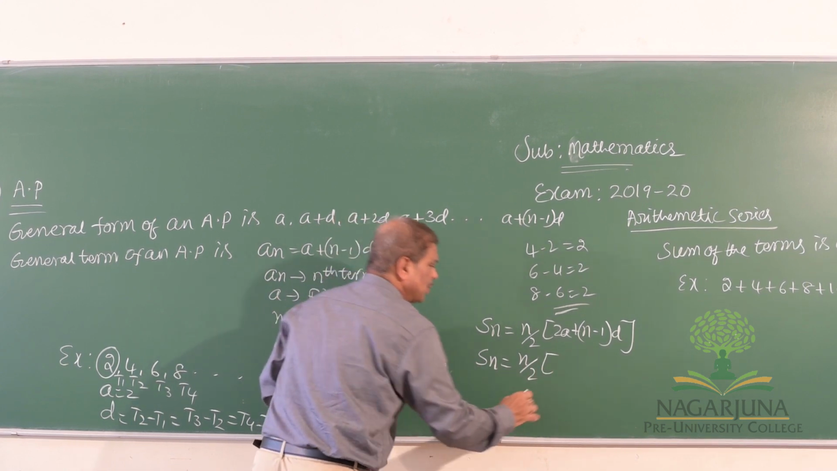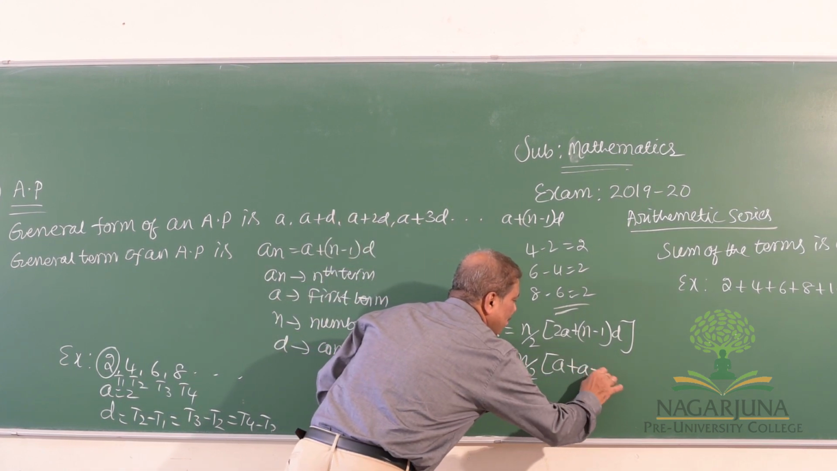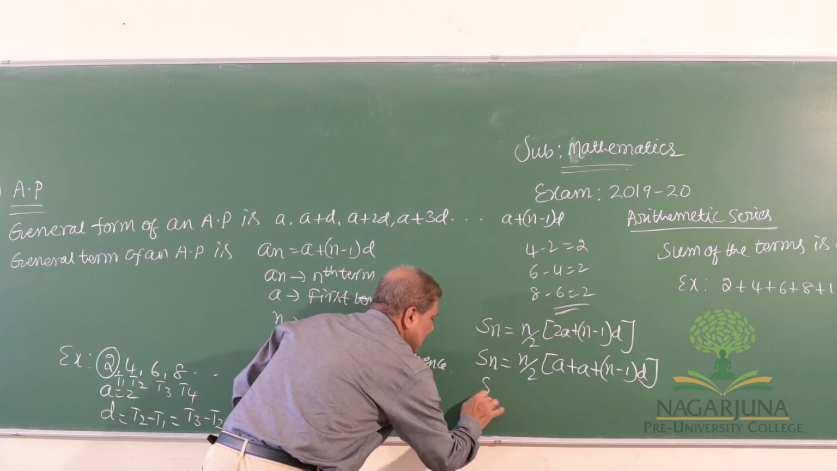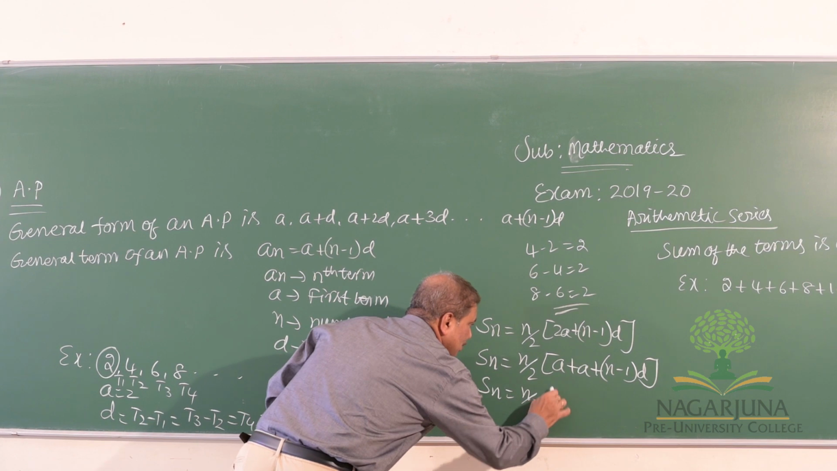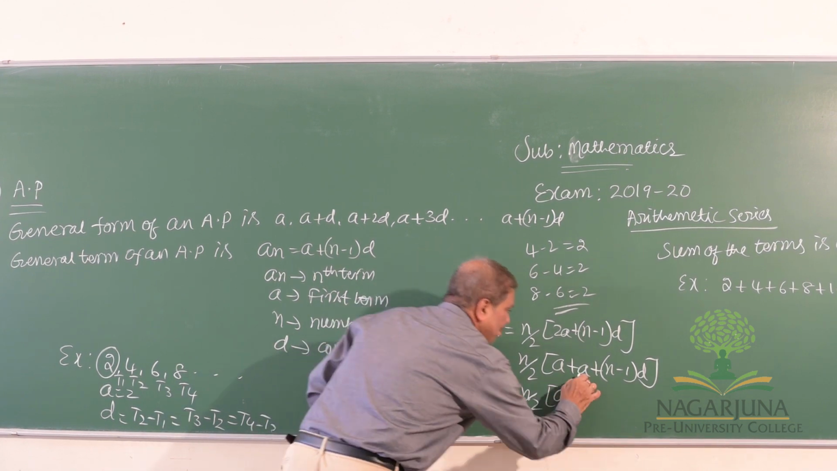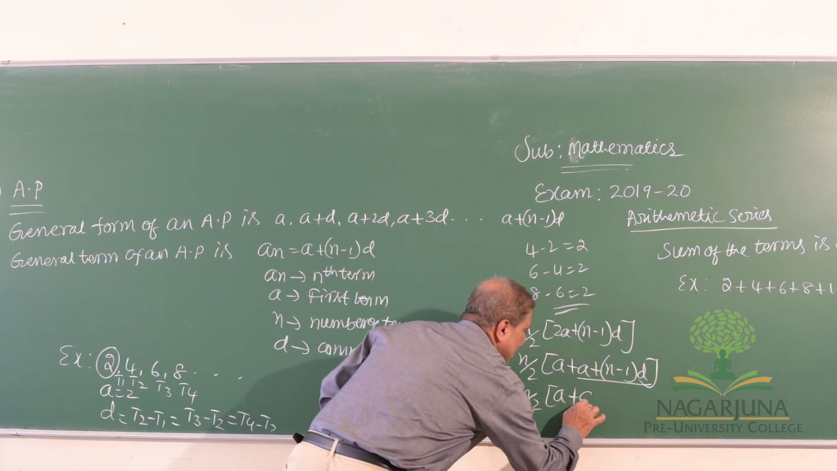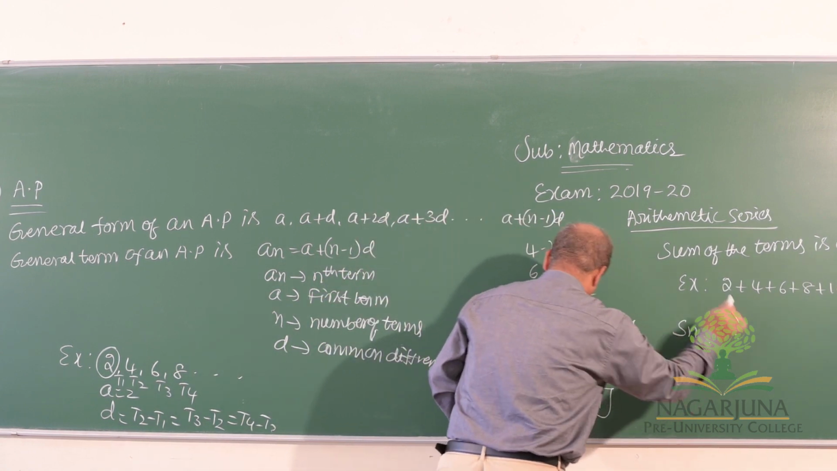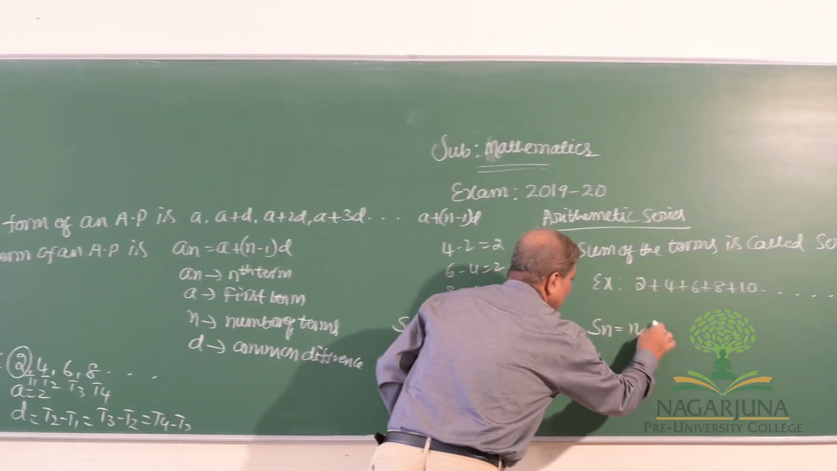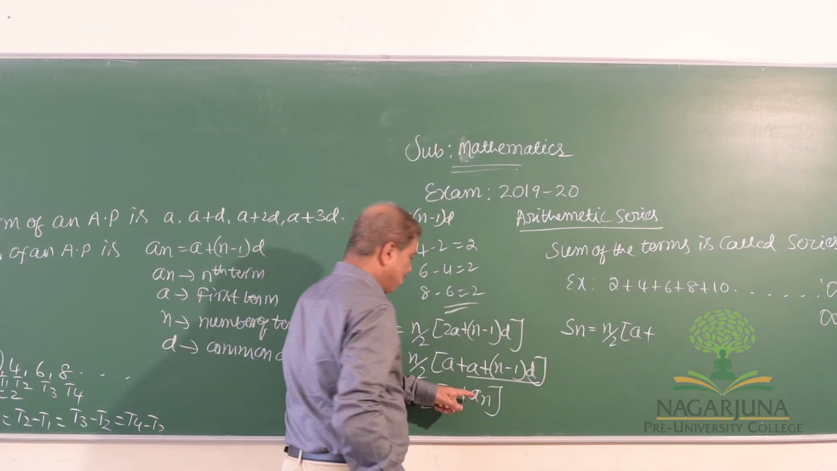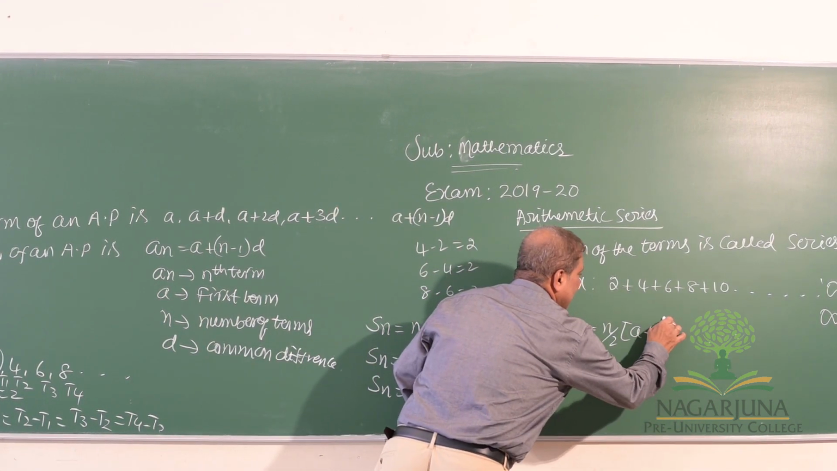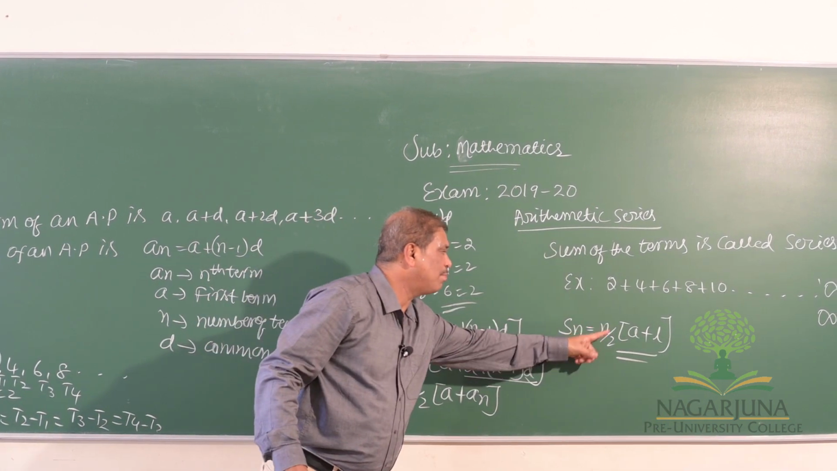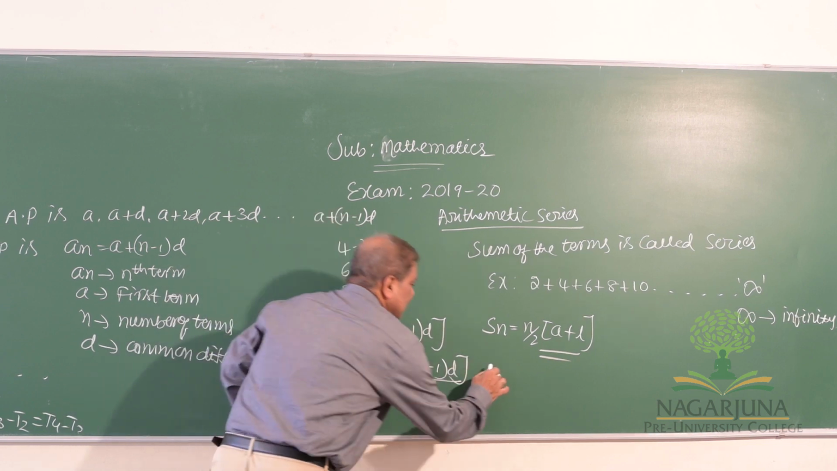Similarly, Sn is equal to n by 2, and we can split it into a plus (a plus (n minus 1) into d). So Sn is equal to n by 2 into (a plus an), since we can write an. In place of an, we can also write l. So this is another formula for the sum to n terms: n by 2 into (a plus l), where a is nothing but the